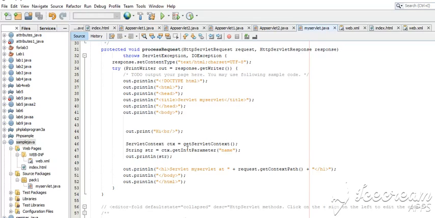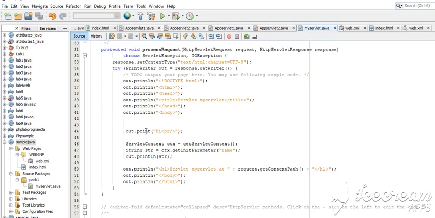There are multiple ways of getting an object. One is by getServletContext, and the next is by request.getServletContext if you want to use that. When you say getServletContext you are using this method from HttpServlet, because HttpServlet extends GenericServlet, so you are getting methods from there. Ultimately we can get an object from context using ctx, and getInitParameter is a method. Here getInitParameter is a method. It will give you the value of an attribute which we specify here.